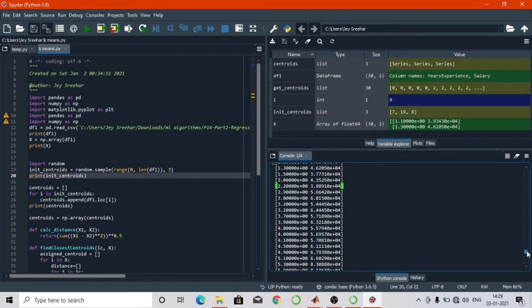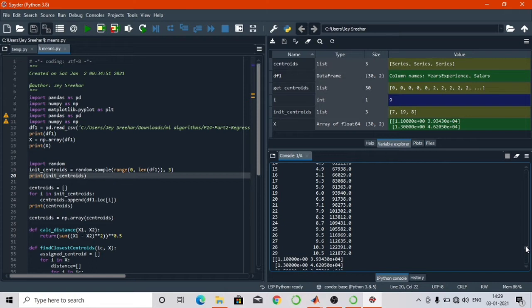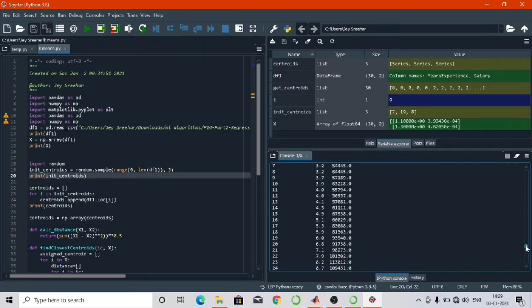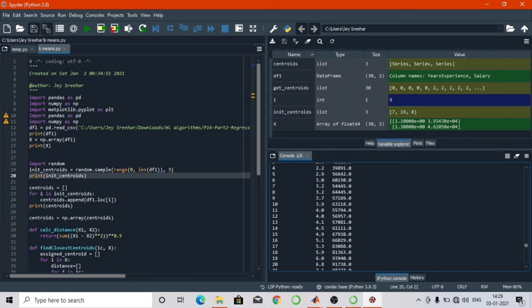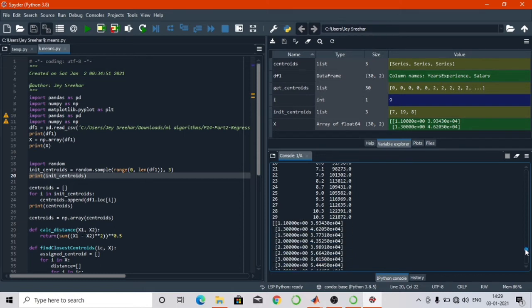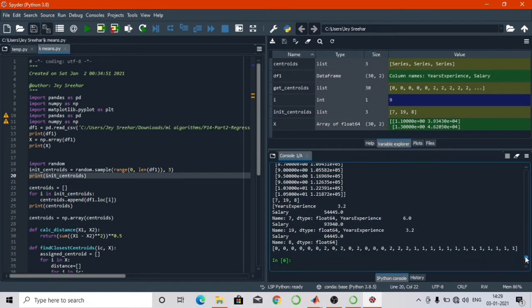So in the place of 7, the 3.2 and 54445.0 is my value. That is the first centroid location.